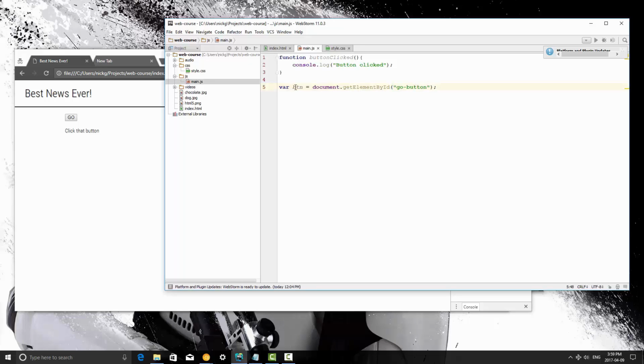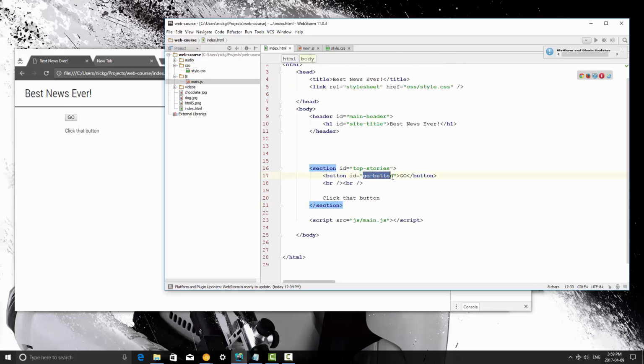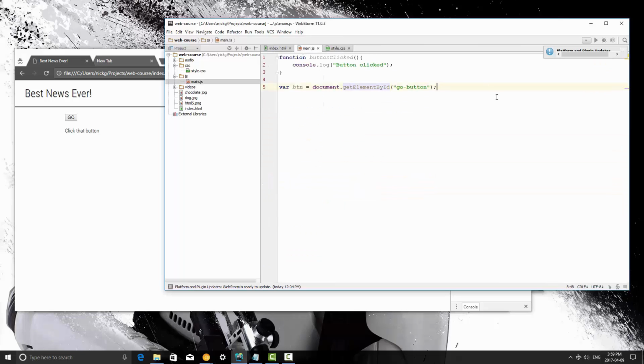So what we have here is a variable now that we can use called btn, and it is whatever element is on this page with an ID of goButton. So for this instance, it is this button right here. Now we're going to attach an event listener. So an event listener listens for certain actions, and in this case it's going to be a click that we're listening for. Now we need to attach that to the button. So the button is an object, so we can call certain methods on it. So type btn dot